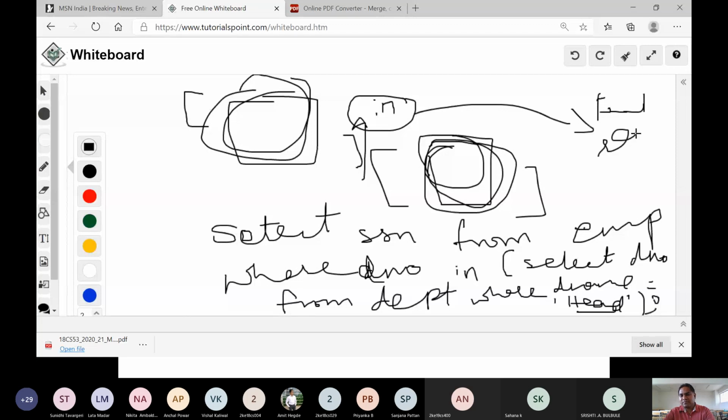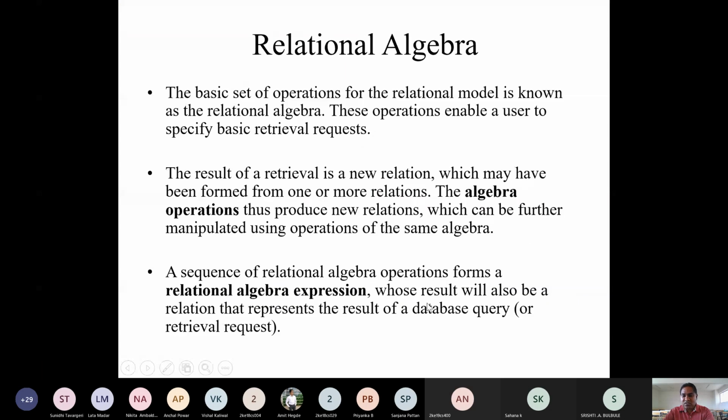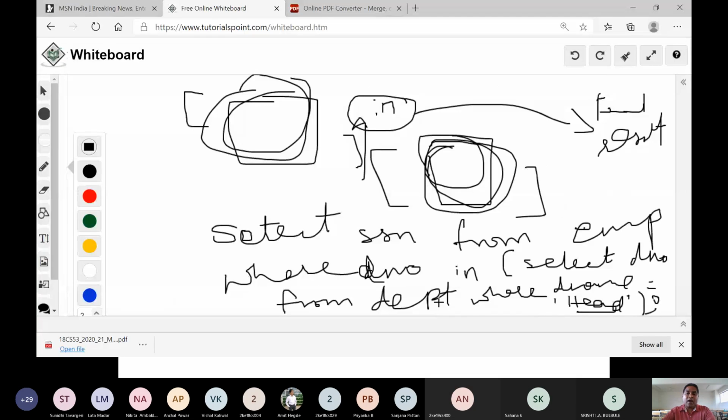Understanding? That's what it says, whose result will be a relation that represents the result of the database query. I may write a single query or a nested query, whichever is convenient to me, but I will get all the values in the form of expressions.